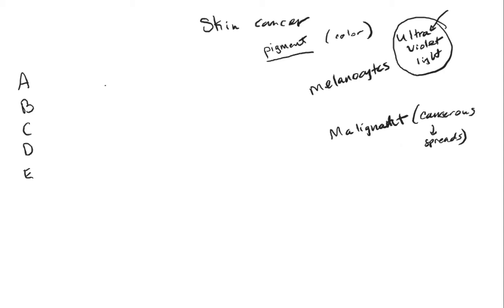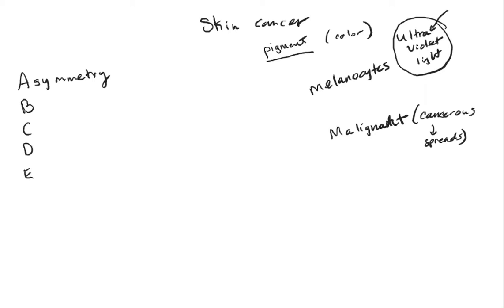So when you have any type of lesion, any type of mole or something on your skin, you have to assess it to see if it's normal or abnormal. And we use this tool of ABCDEs. A stands for asymmetry. There are two M's in asymmetry. Asymmetry means that the mole, if it's not even when you break it down in half, meaning if